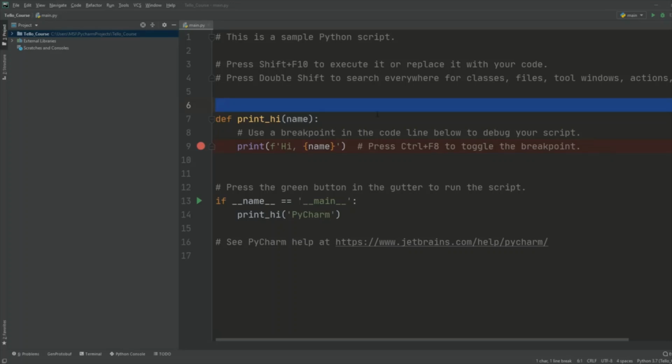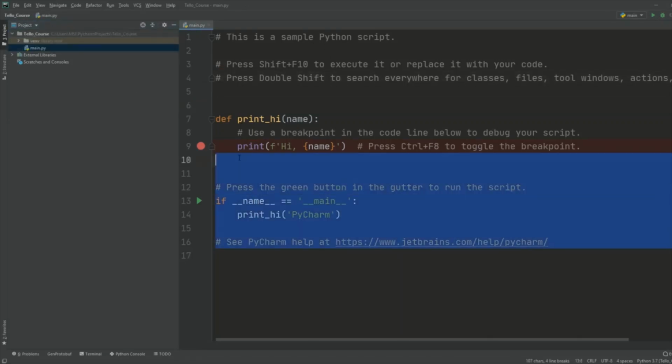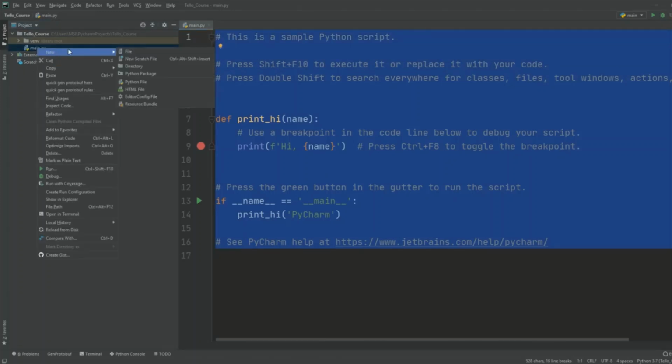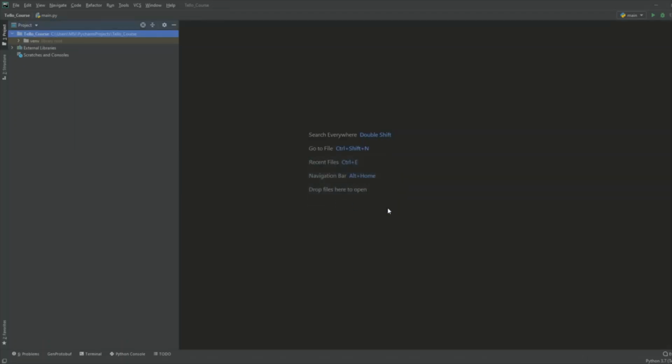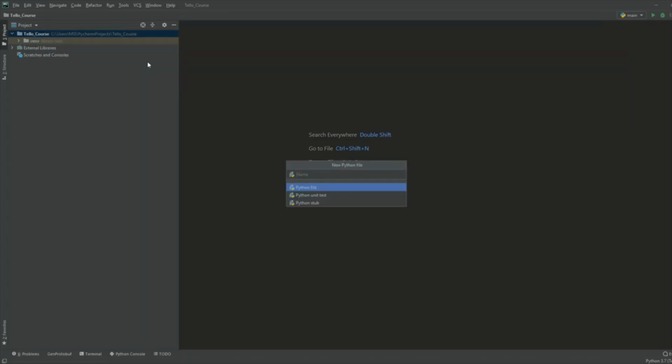So once the installations are complete, we are going to create our project. Now I have named it Tello course. It will come with this main.py file. We can write in this file, or we are going to create a new one in which we will store all our code, so we can delete this one. We can right click, go to New and then Python file, and here we can say basic